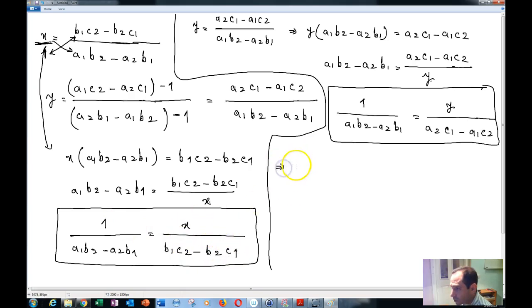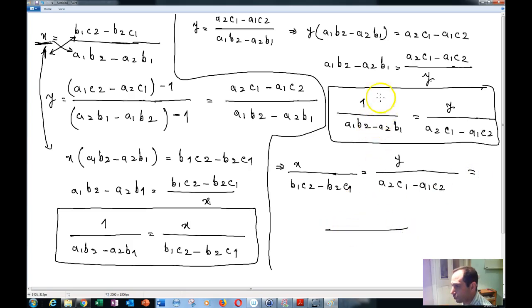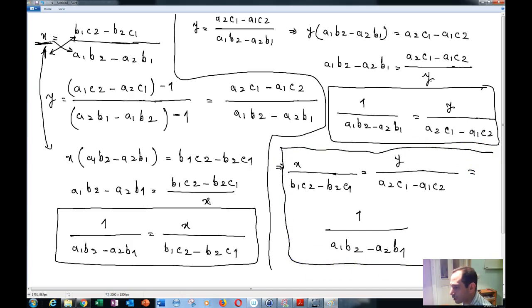So I can write x over b1c2 minus b2c1 is equal to y over a2c1 minus a1c2, and that is equal to 1 over a1b2 minus a2b1. And that's basically the relationship between x and y and all of the coefficients that we have